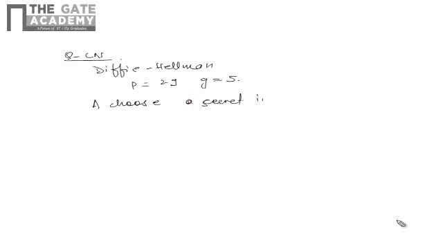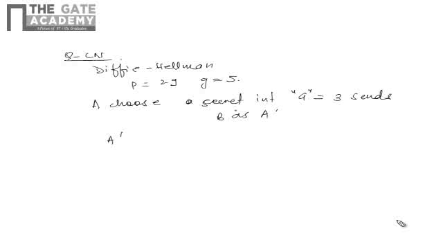Okay, so we are talking about Diffie-Hellman exchange, right? And we have been given P value as 29 and G value as 5. Now A chooses a secret integer, let's say this is a, 3, and sends B as A dash. So what will be A dash?